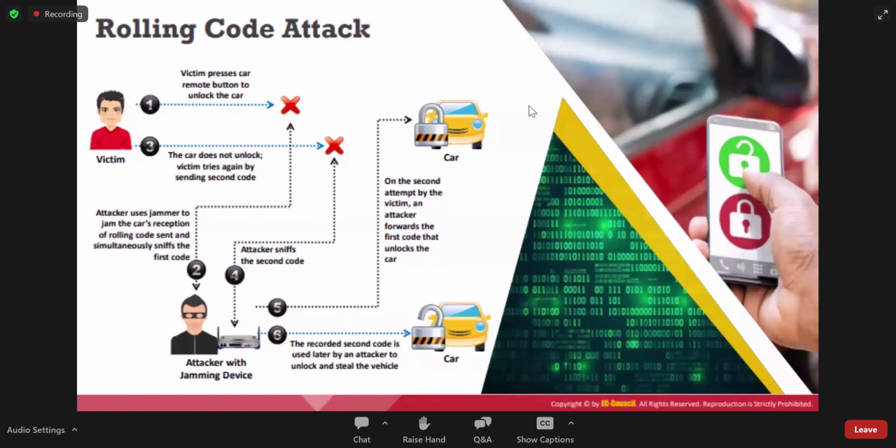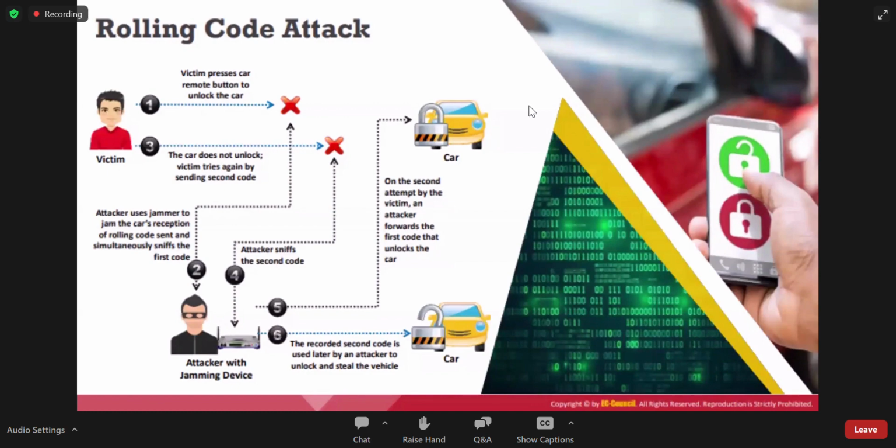Most of the rolling code features which cars are using now have only 3 or 6 kinds of variation of codes. That's it. So even if they are using a rolling code, it is very easy. But if they are only capturing one particular signal, it doesn't work. He needs multiple signals to predict the pattern out of it.